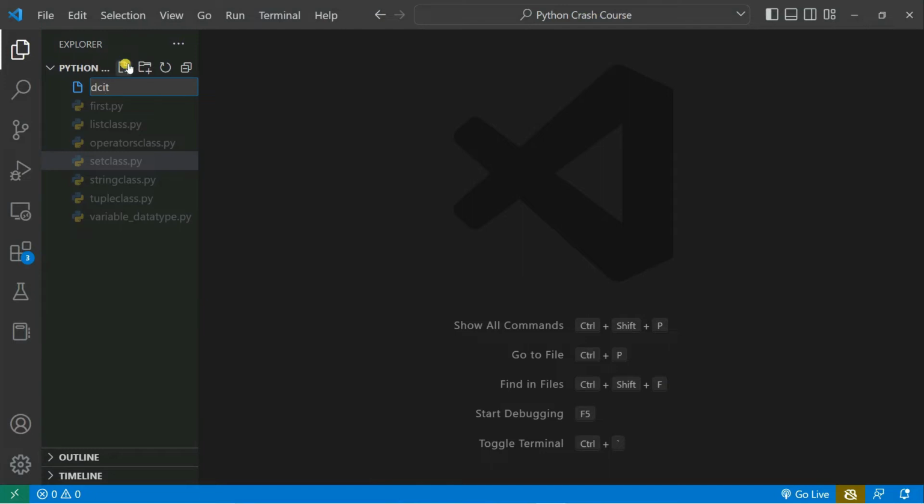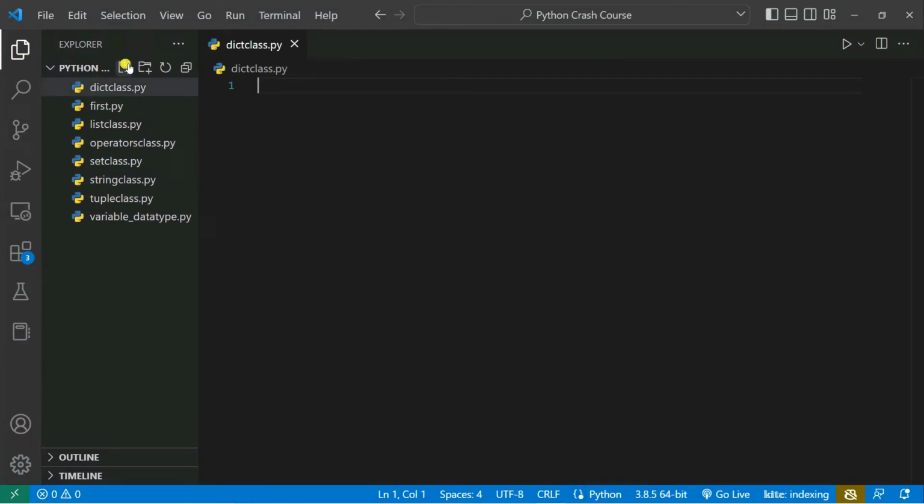So let's say dict_class.py. So now let's create one dictionary. In the last class, we actually discussed the set class, that means the set data structure in Python. So sets and dictionaries are mostly similar, but the set is not actually using any key-value pair,